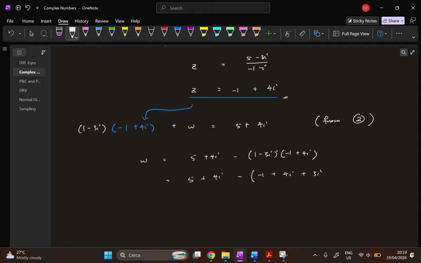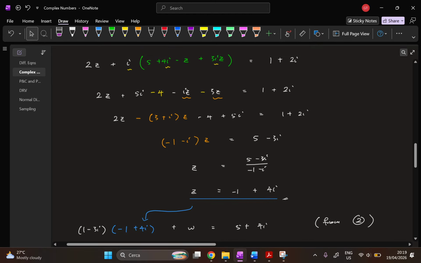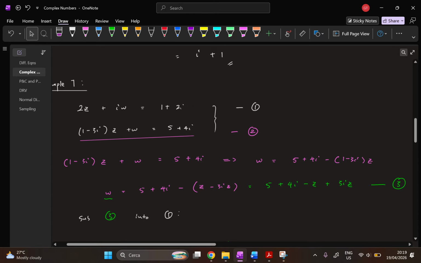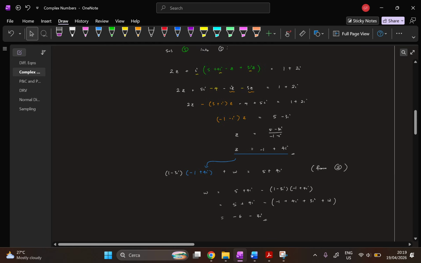But here we come, right? Minus 3i times 4i, so it's minus 12i squared, right? What's i squared? Minus 1, so this will just become plus 12. So if you simplify further, you will get w is minus 6 minus 3i. I'm sorry if that was a bit lost, but that is basically an introduction to how you solve simultaneous equations